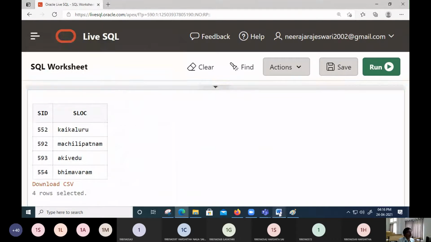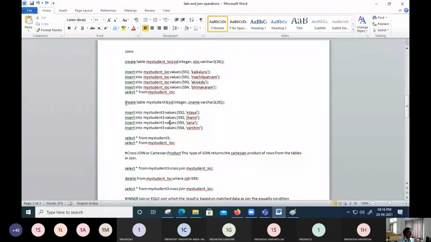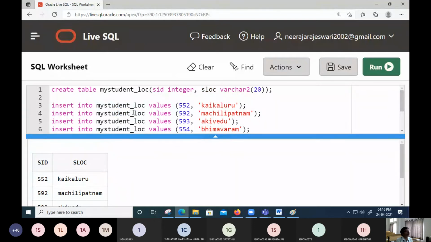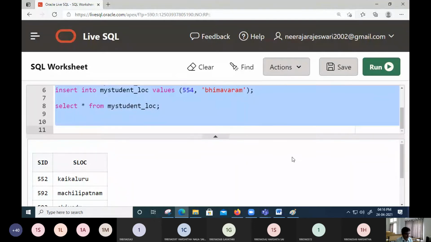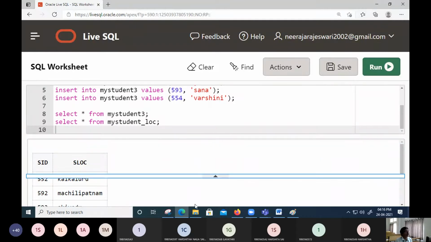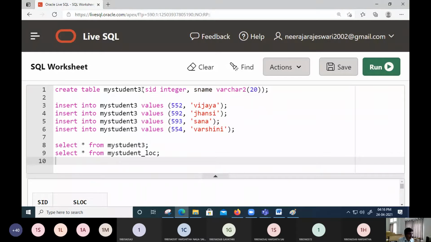Now let us create one more table. The other table was, now we are creating the table name as student 3, and it is having two fields.